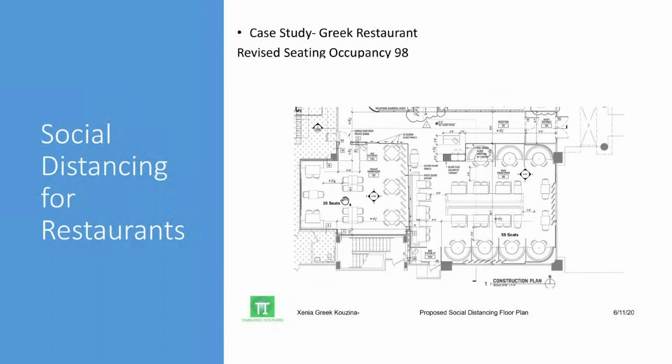So I took out, there were 40 seats in this originally, now we're down to 30. And so they're spread out pretty well, and I think that's successful. What we had to do here is I put in some panels. It's not ideal. It may not be that comfortable, but it can be done. So especially for here, putting some panels in between would give some protection for people that are sitting next